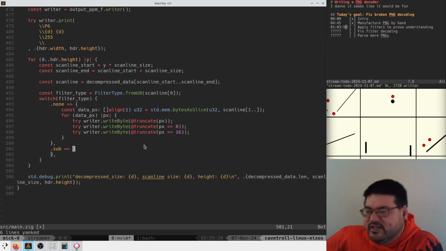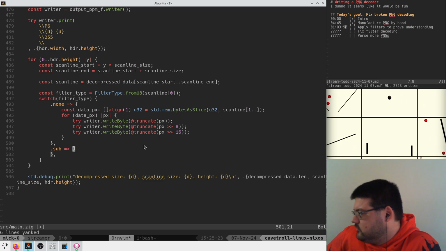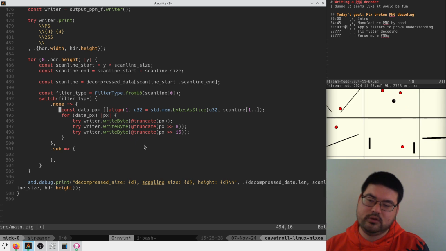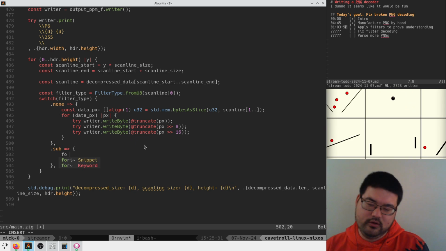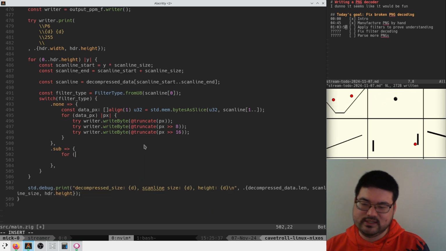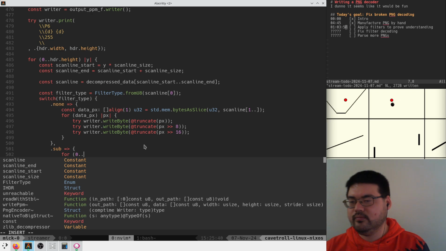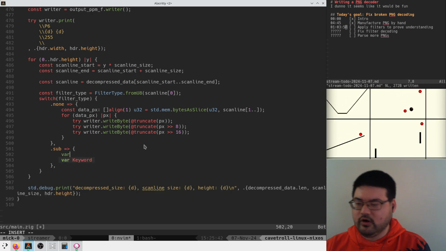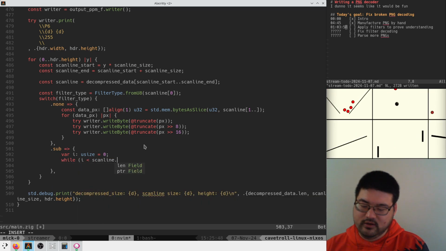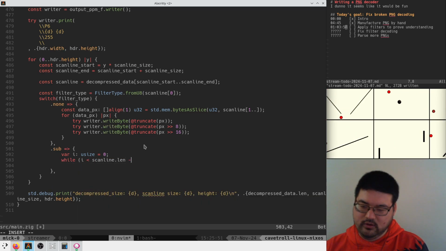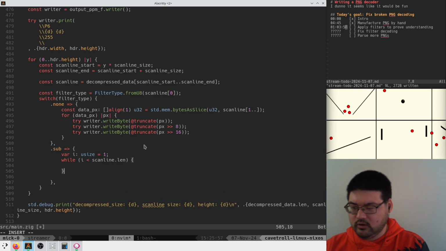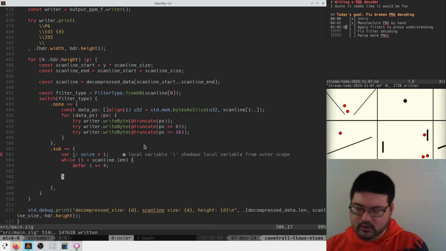Okay, it would be kind of nice to split this stuff up, I guess. But we'll handle that later. So I guess we can work on the scan line. I don't really know. Var i equals 0 feels like it's gonna work here. We can do while i is less than scan line len minus 1. Or i equals 1 and i is less than scan line len. Then we can go like,